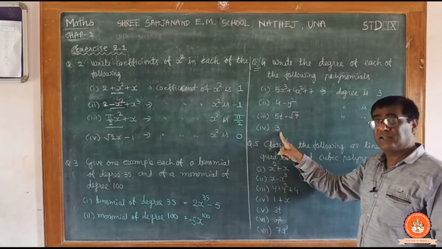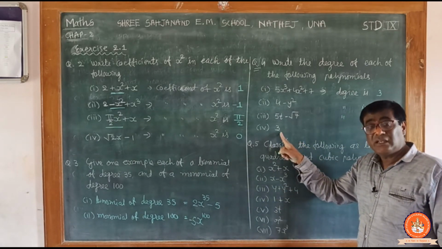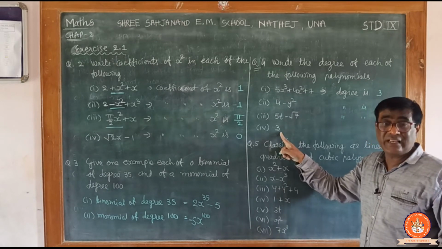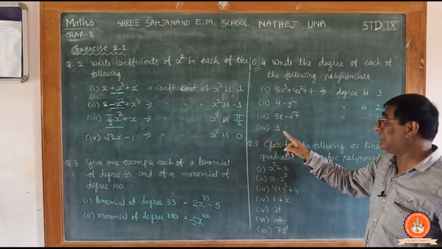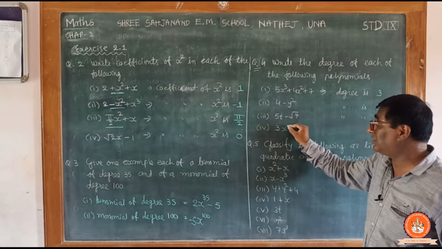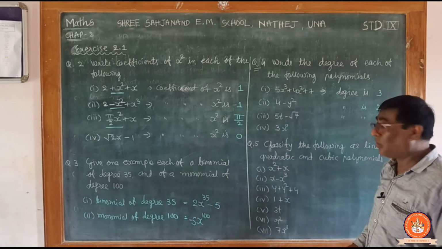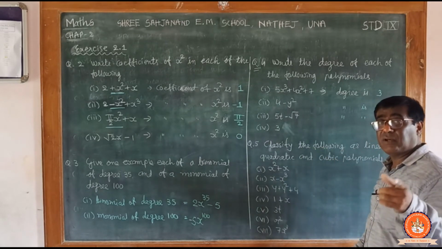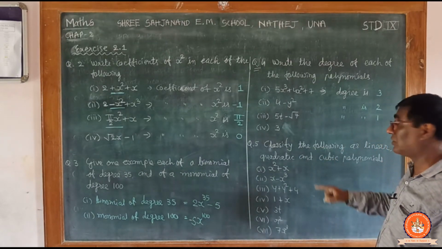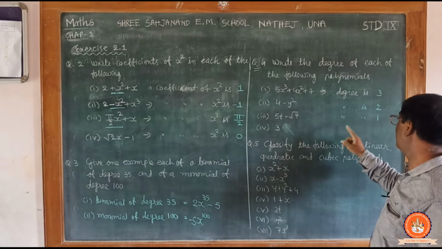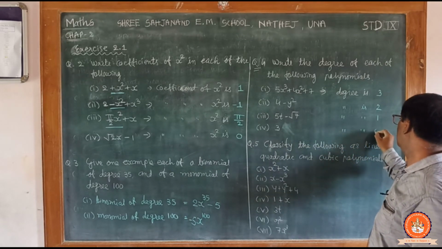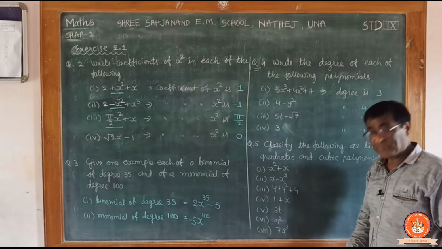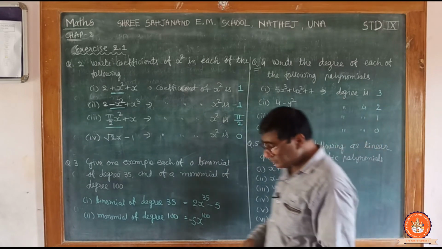And look at it. This is a constant term. Constant term means you don't see any variable x, but it is there. It is 3 into x raised to 0. So every constant term has degree equal to 0. So the degree of every constant term is 0. Okay. Now my friends,